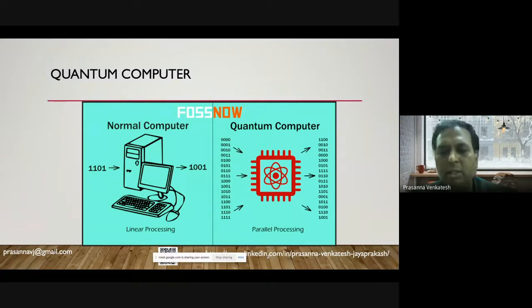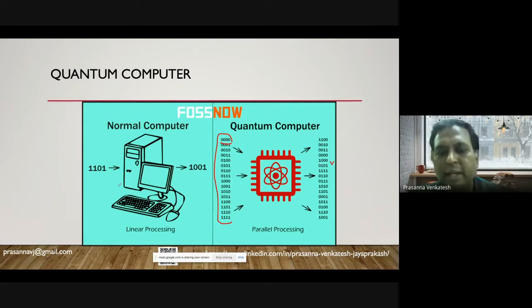And in the example that I was talking about, the 4 qubits can all have their values at the same time, and whatever processing you want to do, you can get the outcome at the same time.